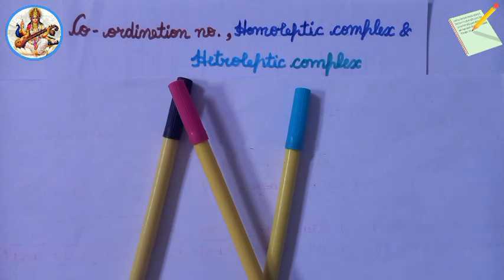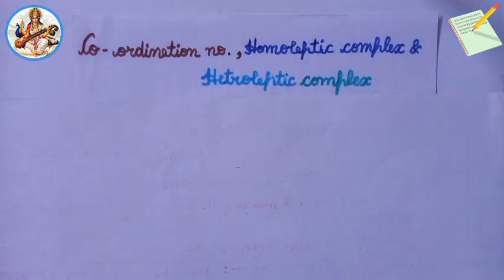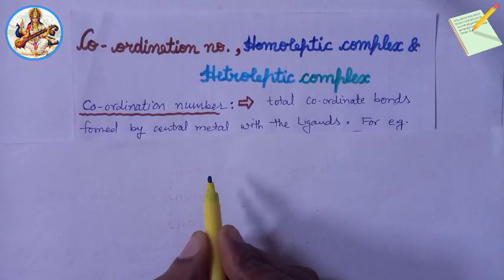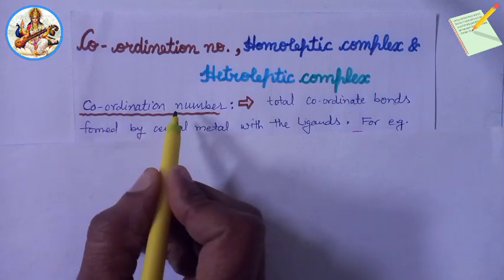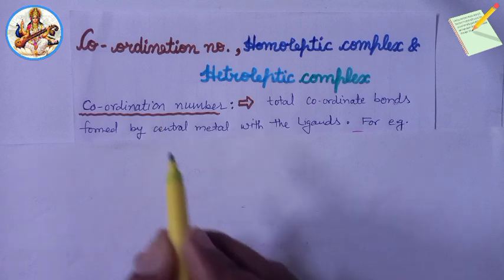In today's session, I am going to discuss coordination number, homoleptic complex and heteroleptic complex. First of all, we read about coordination number. The total number of coordinate bonds formed by the central metal with the ligands is called the coordination number of that metal ion. For example,